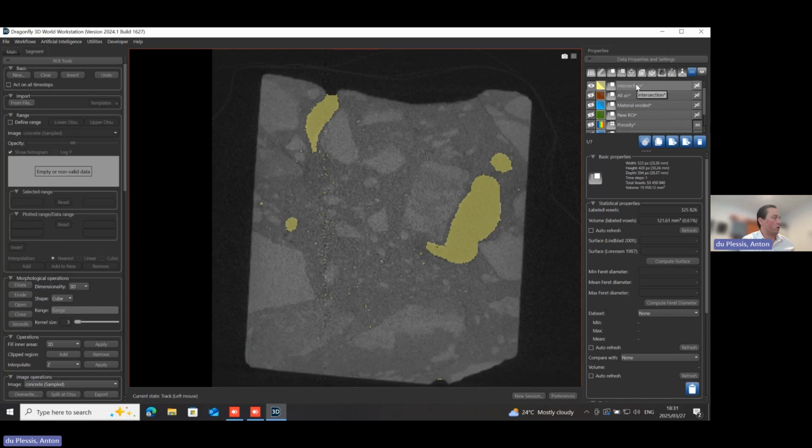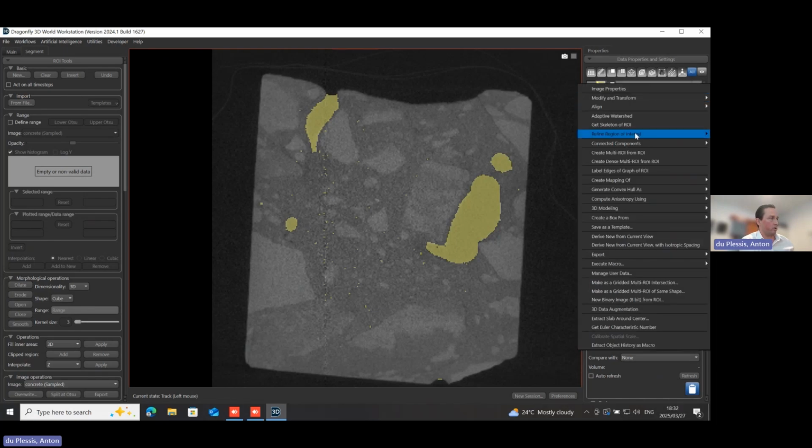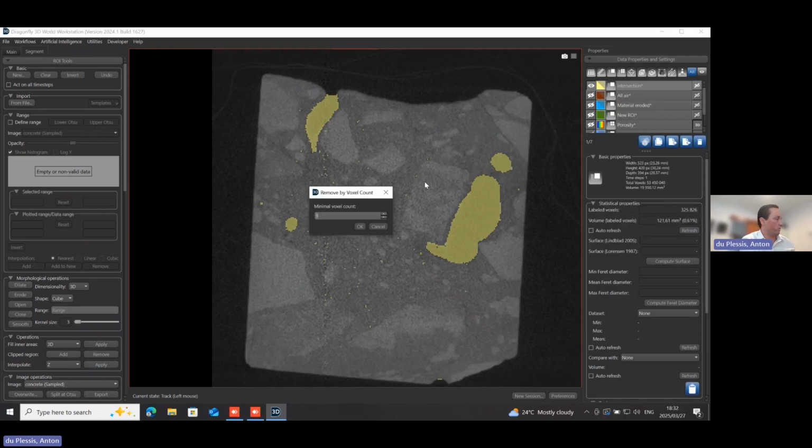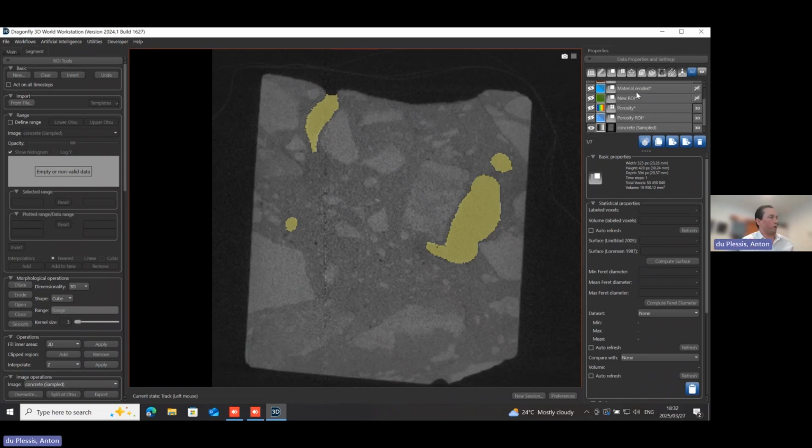So this is open and closed pores, but we also have the noise particles. So we have to do the same thing and be consistent with the refine and remove by voxel count. So this is now open and closed porosity, and we already have the closed porosity.